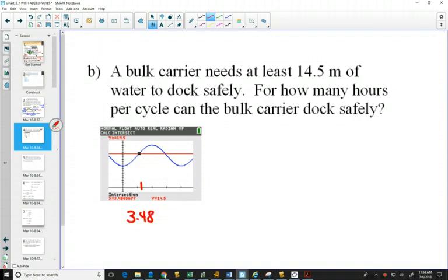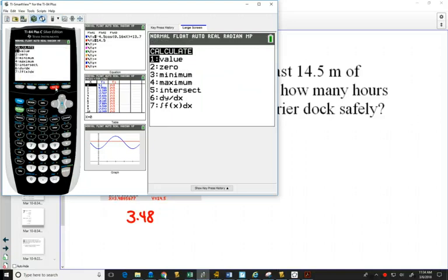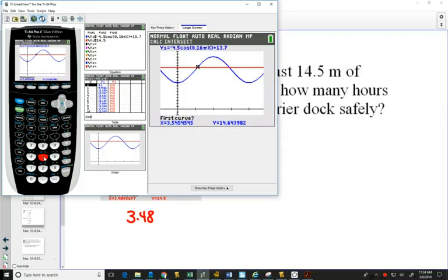That's our one time. If we do this and find our second one, so I'm going to go back to my calculator, and I'm going to calculate the second one. So I go second, trace, and I want to go 5, intersect. If I push Enter on first curve, second curve, and third curve, it's going to find the same one. Like I said, it always finds the closest one. So you're going to need to move your cursor. I'm doing mine slowly because it sometimes crashes. Okay. I think now it's closer to the other one. I push Enter, Enter, guess again, and yes, it did find my other one.